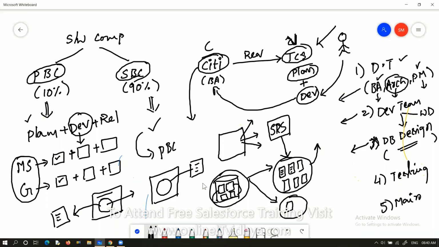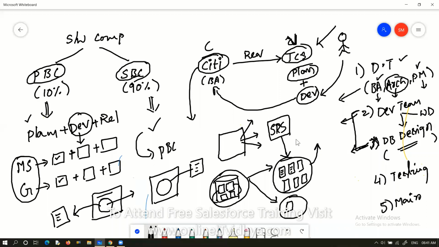How? Some coding is required. Those are called programs, and these programs are going to be written by the development team. So the development team and the designing teams, like web designing or database designing, are mainly responsible to develop the software based on the SRS.